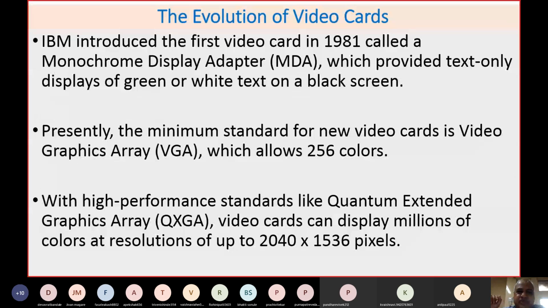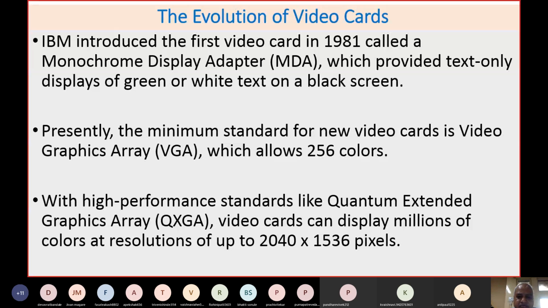Then a brief information about video cards. IBM introduced video cards somewhere in 1981 called the monochrome display adapter, that is MDA, which provided text-only displays of green or white text on a black screen. This is a very old video card. Presently, the minimum standard for new video cards is video graphics array, that is VGA, which allows 256 colors. In fact, VGA nowadays can also allow millions of colors.